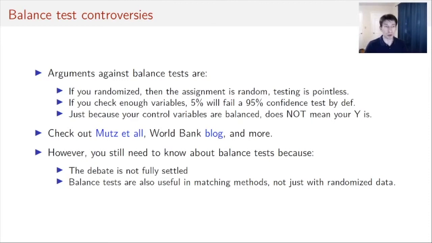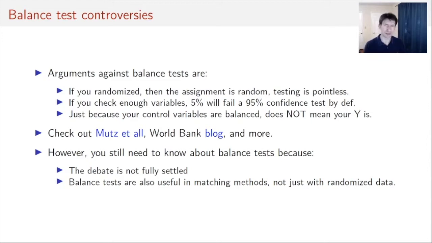If you used a proper randomized procedure, then you should not be testing for the balance, because in that case, the samples are random by definition. The second argument is that if you check balance on all of your variables, then clearly some of them will fail, and actually by definition, 5% will fail your 95% confidence test. So in that sense, you check 20 variables, one of them will not balance,